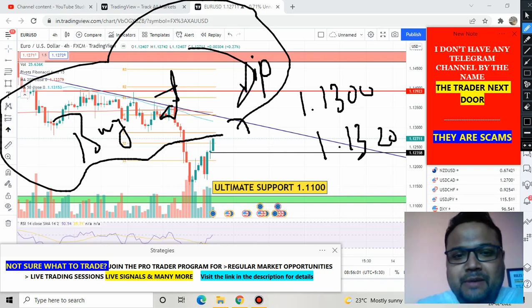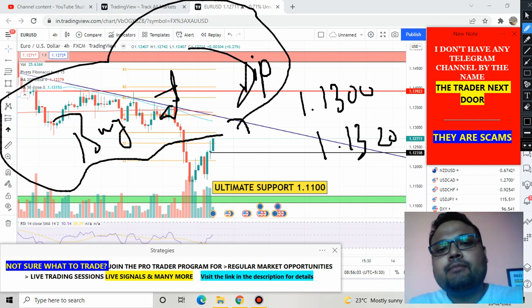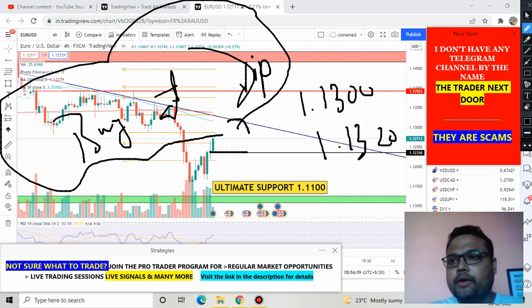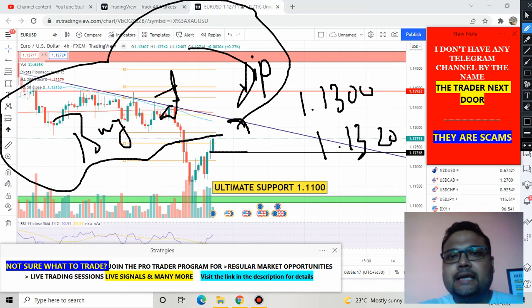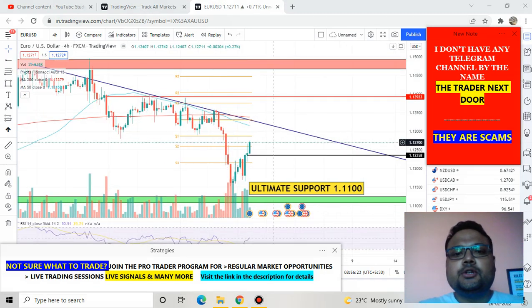But as of now, just keep in mind, after the market opening, if market comes to this level of 1.123035 level and bounces, we can take a buy. Okay, and if market goes up and reverses from the trend line or the 50 moving average, which is also acting as the dynamic resistance, we can take a sell as well. Apart from these two levels,